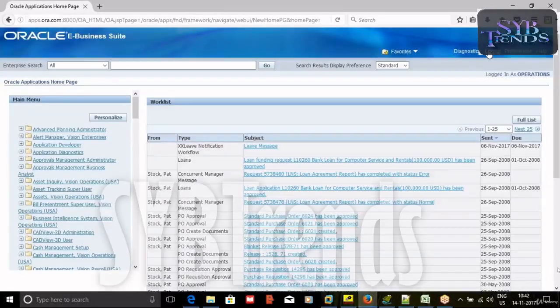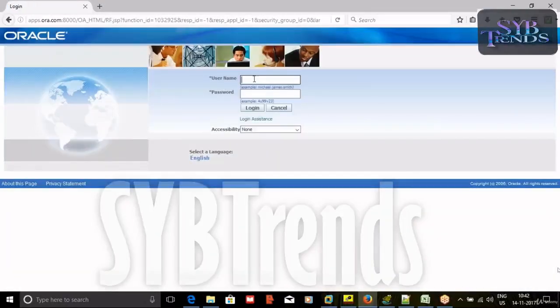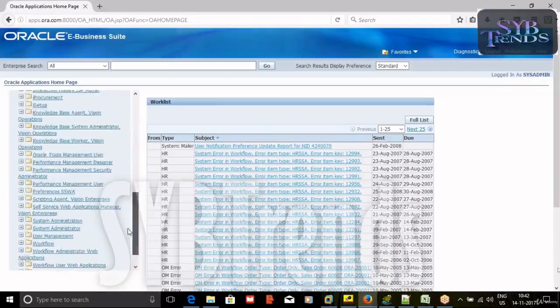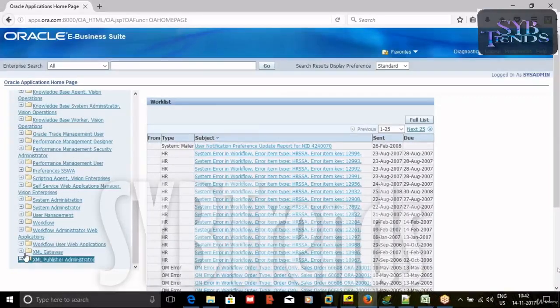Before that, we will see the status of this particular workflow, and then we'll see how to run this workflow from the backend, how we can give values to the attribute. That is very, very important. In 99% of all workflows, we use that particular API, which we are going to discuss. What is the responsibility? Administrator Workflow. Go to